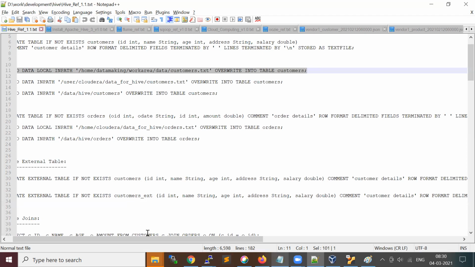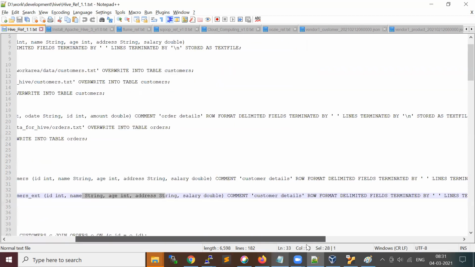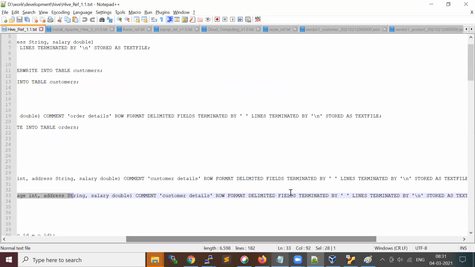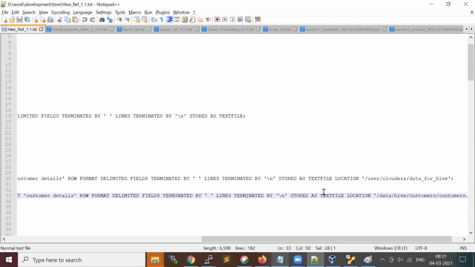While creating a Hive external table, the external keyword is used: create external table if not exists, the table name, the column names, comments, the format terminated by space or comma, and the stored file format is text file, which you can change to whatever file format.